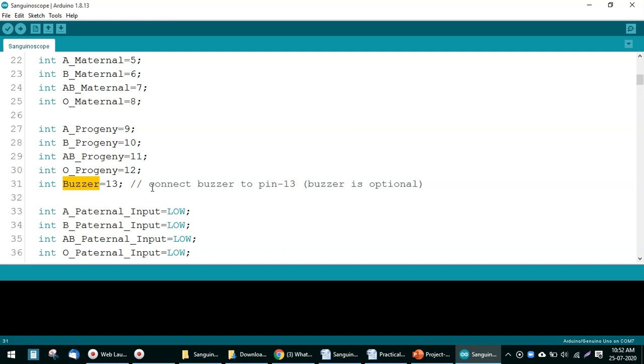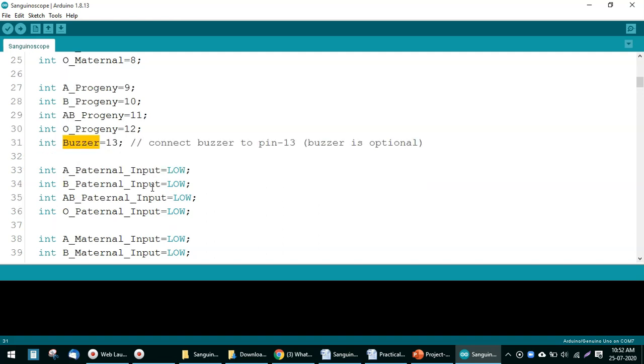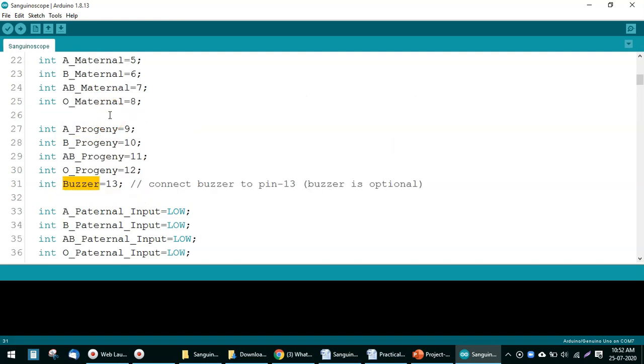Again I am telling, in the project you have to press any paternal switch and any maternal switch simultaneously, so that particular pins will receive high input, and accordingly the combination will be adjusted, and according to the conditions written in the program, the possible combinations will be reflected on the progeny LEDs, and at that same time the buzzer will ring. So these are the 12 variables we are using, and this is the buzzer, which is the 13th variable here.